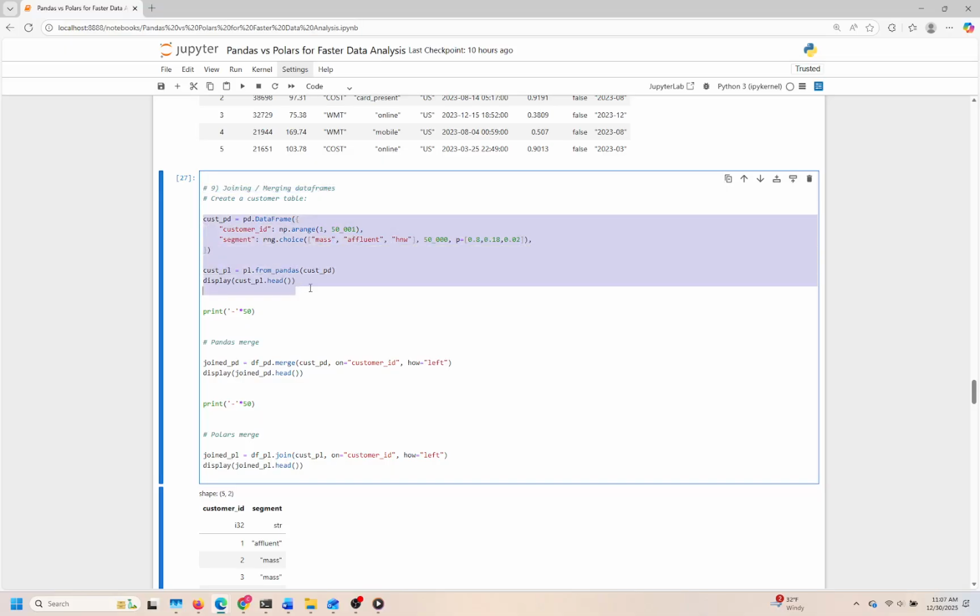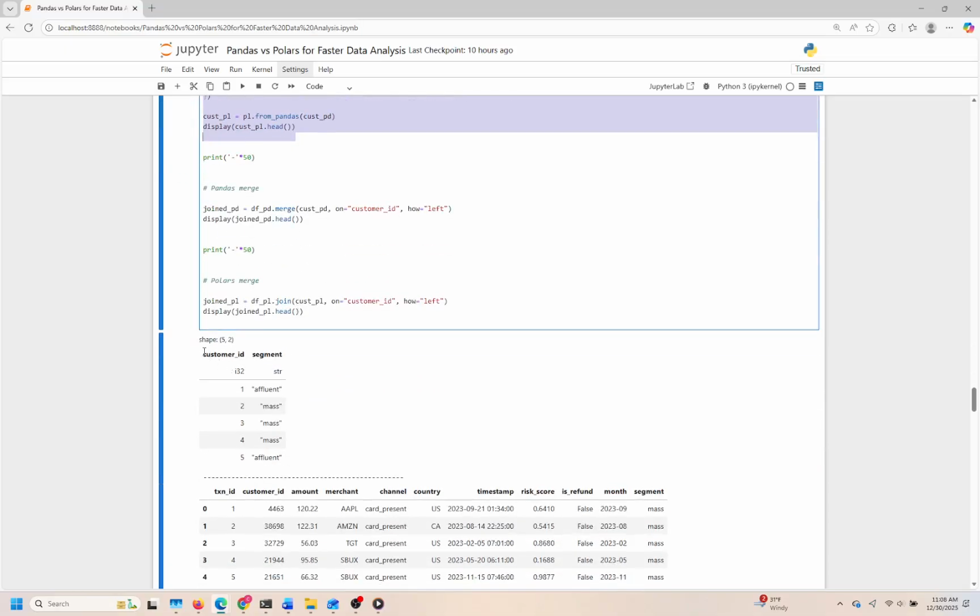This data frame consists of unique customer IDs that act as identifiers, alongside various segments designed to categorize customers into distinct groups. For instance, you might have segments like frequent shoppers, occasional buyers, and new customers, each representing different behaviors and potential marketing strategies. This foundational understanding paves the way for us to explore how to effectively combine various datasets